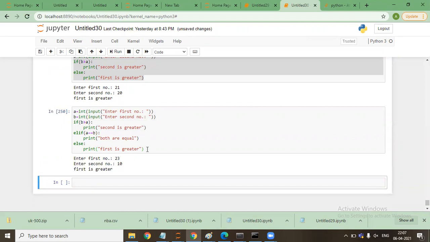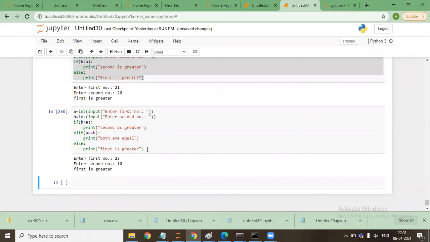So in case we have multiple conditions, we use if, else if, and then else. There can be multiple else if depending on the condition that we are passing. Is it clear, guys? Yes, sir.